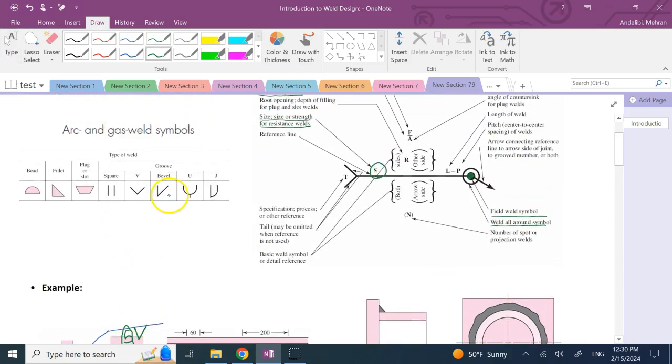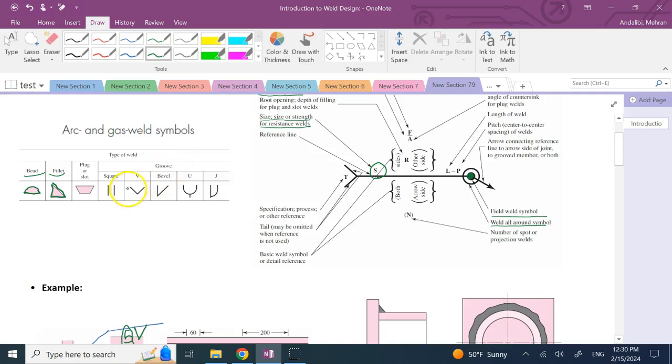Let's talk about it. There are different shapes of weld bead that you can have. You can have the bead shape, which is a semicircle. You can have a kind of triangle shape that is called a fillet weld. And you can have a plug or a slot weld, which is kind of like this trapezoid. And the groove that you create between the two